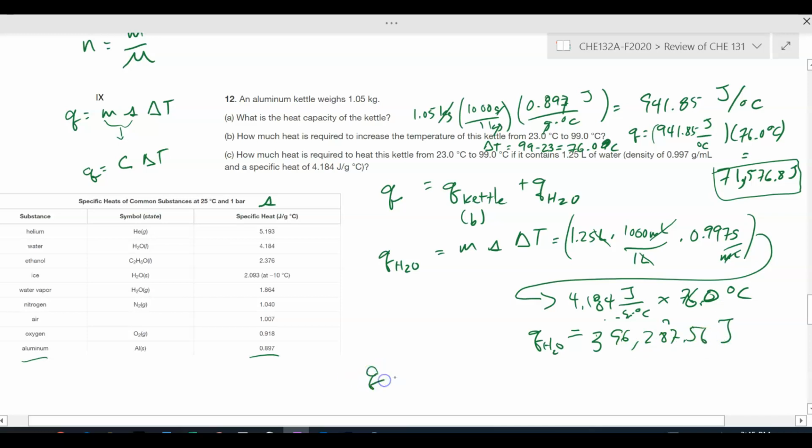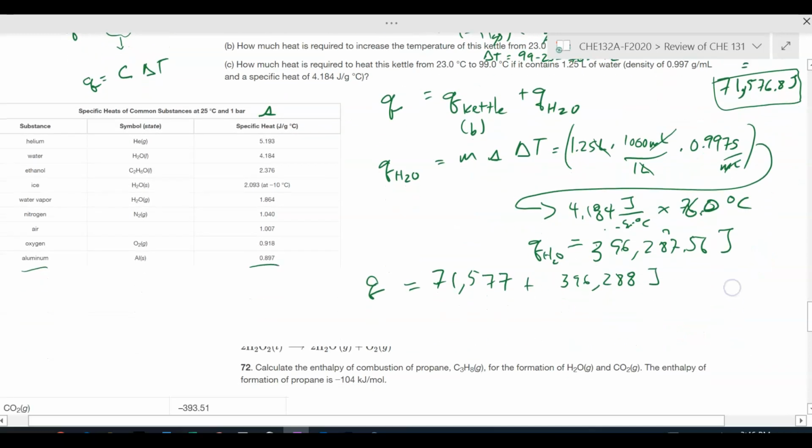Q for the whole thing, okay, the answer for C is going to be then 71,576.8. Oops, write that over again. 71,000, that is not a negative sign there. Let's be very clear about that. We're putting heat in. 71,577, let's just call it that, plus, we'll call this one 396,288 joules. So if we add those up,